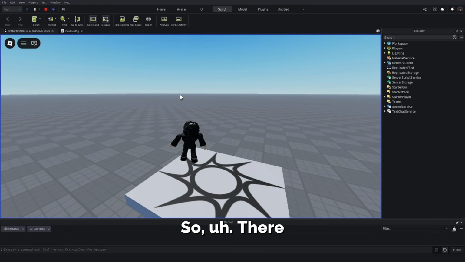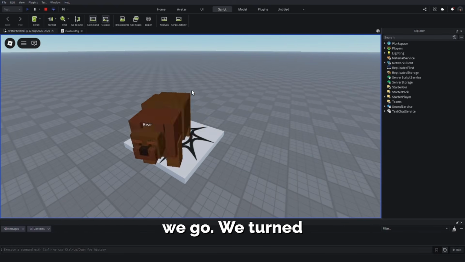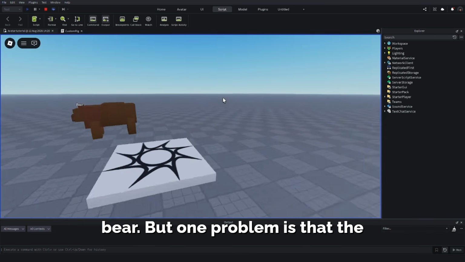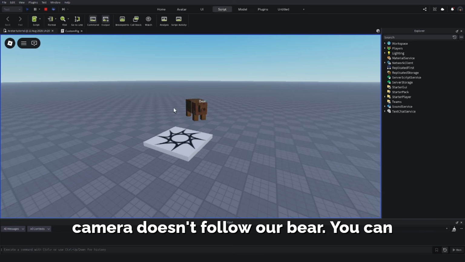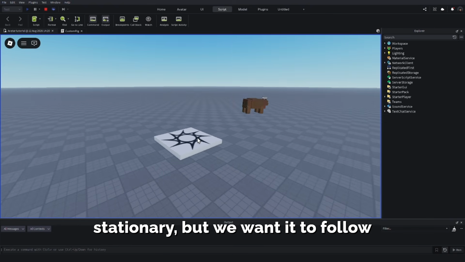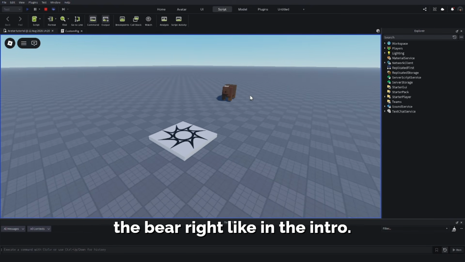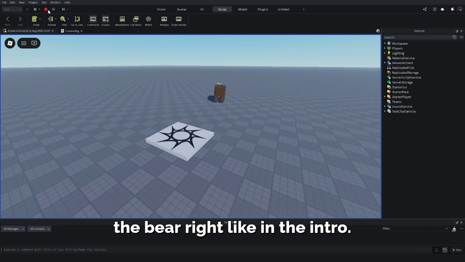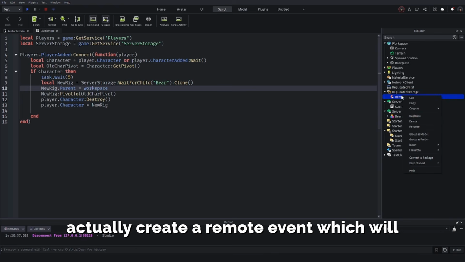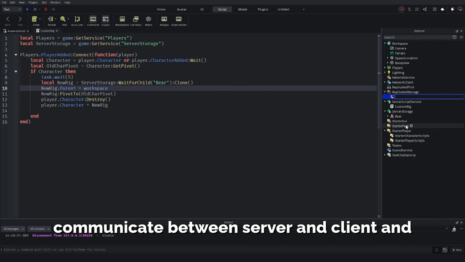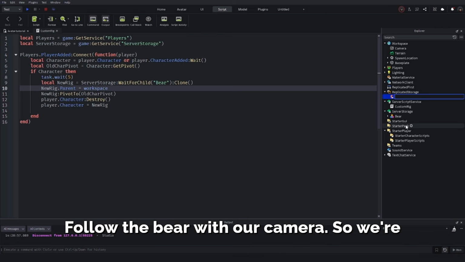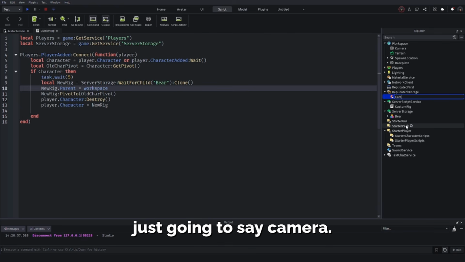There we go. We turned our character into a bear, but one problem is that the camera doesn't follow our bear. You can see our camera is stationary, but we want it to follow the bear, right? Like in the intro. So what we're going to do is create a remote event, which will communicate between server and client and tell the client that we need to follow the bear with our camera. So we're just going to say CameraClient,